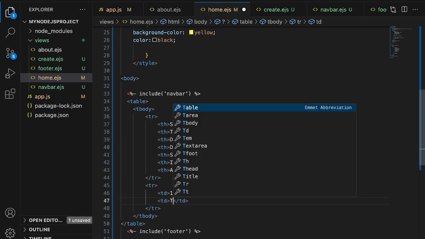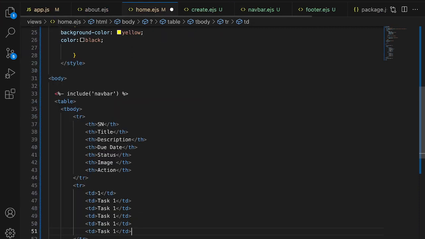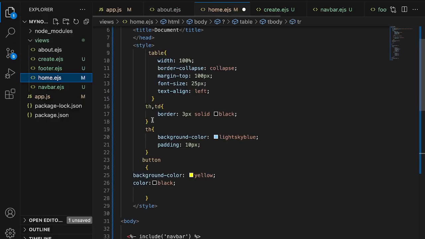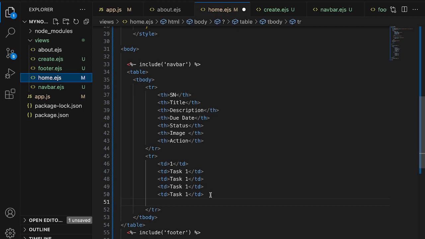Task 1, just let's copy this. Altogether we need 7 columns, right? 1, 2, 3, 4, 5, 6, 7. So description,